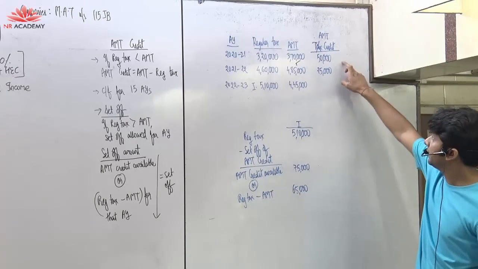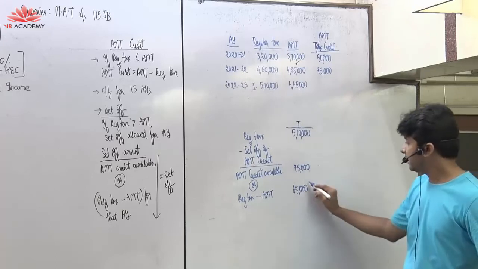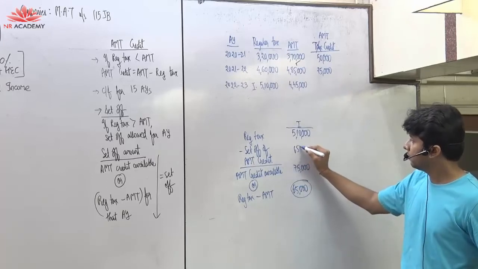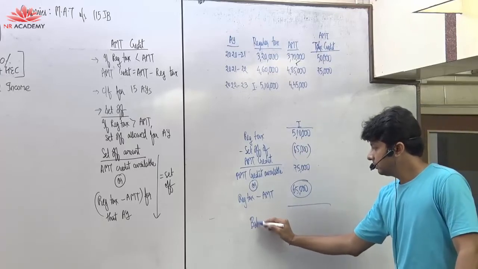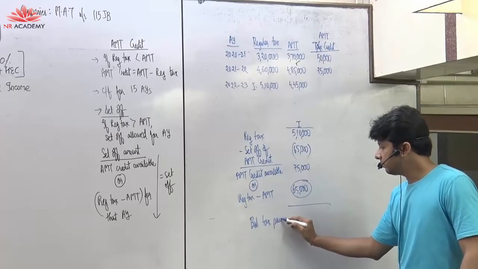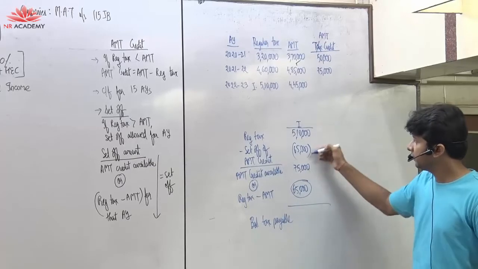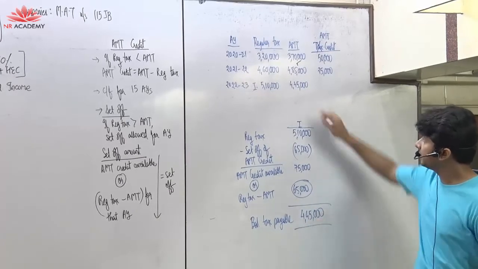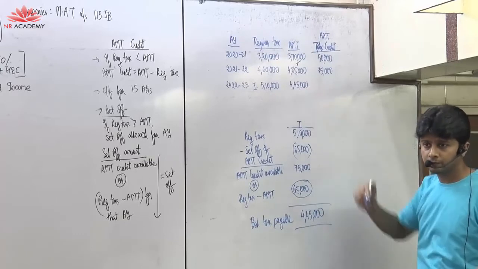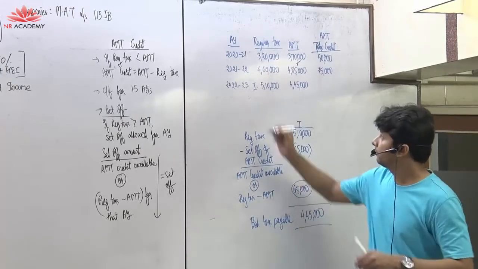So although I have a credit of 75,000, I will be able to set off only 65,000. And that means the balance tax that will be payable is 510 minus 65, 445. That means government still got the minimum tax. And suppose I tell you